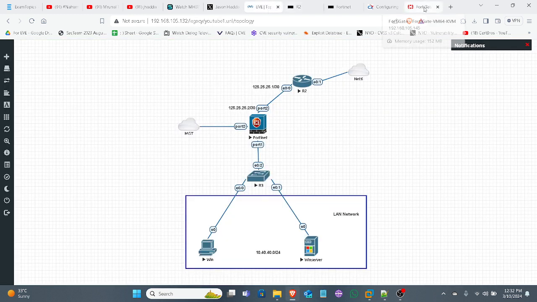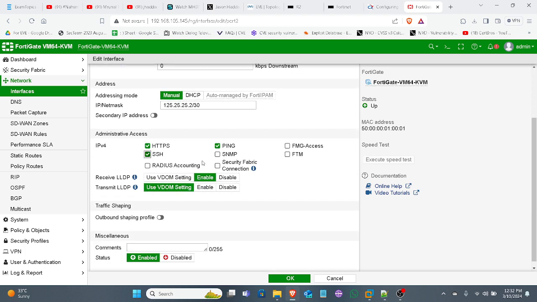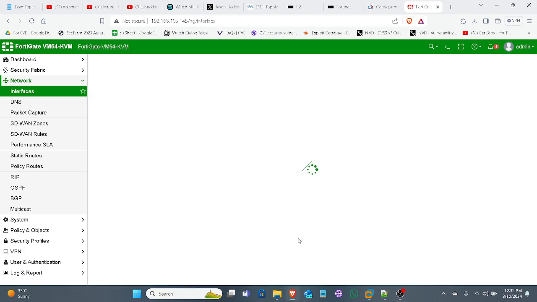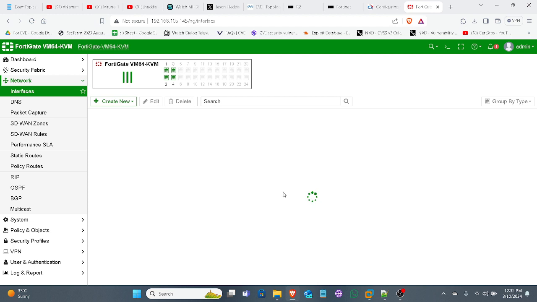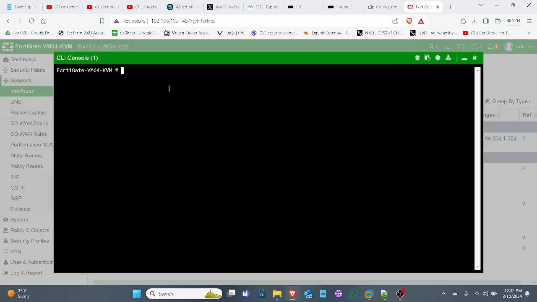And its IP should be 125.25.25.2. Now if you check the internet access,